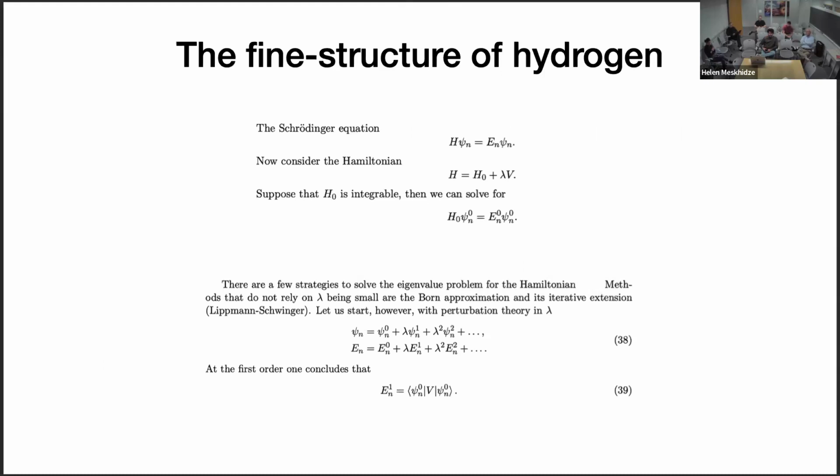So again, following the footsteps of the development of quantum mechanics, after people realized the structure of the hydrogen atom, they also perturbed around it, right? If we consider perturbation around the integrable model, where the Hamiltonian is given by some integrable Hamiltonian plus a correction, we can do a perturbation theory around it and compute the corrections to the spectrum.